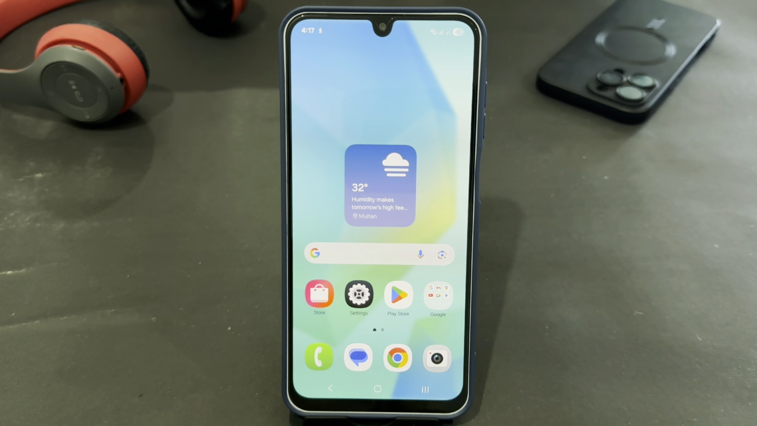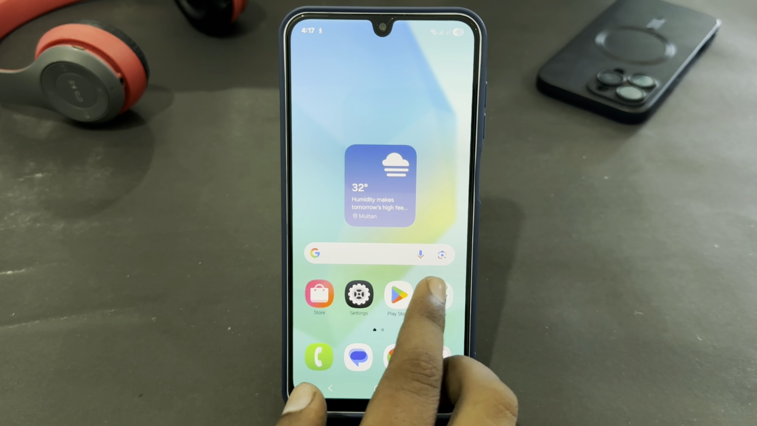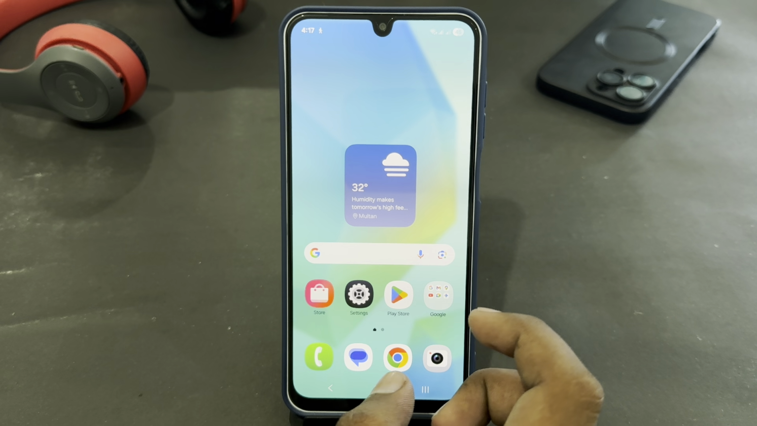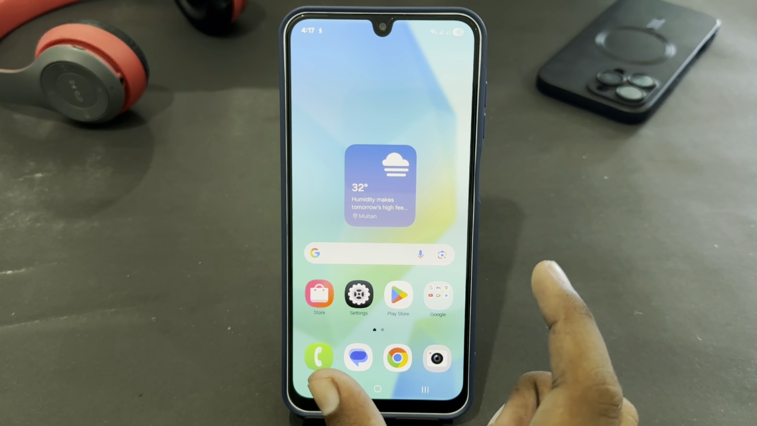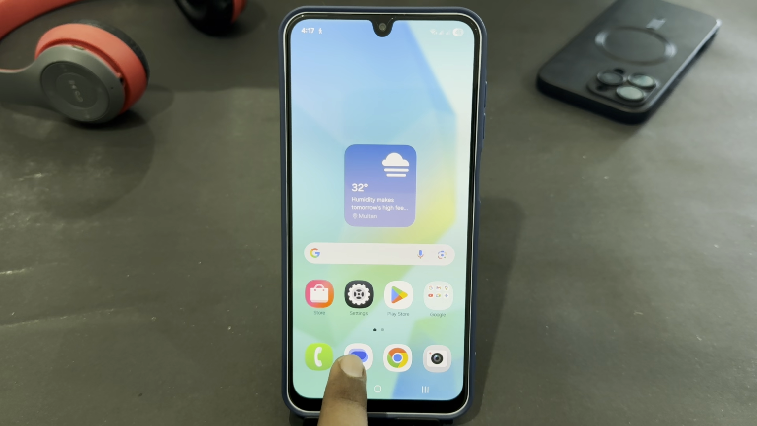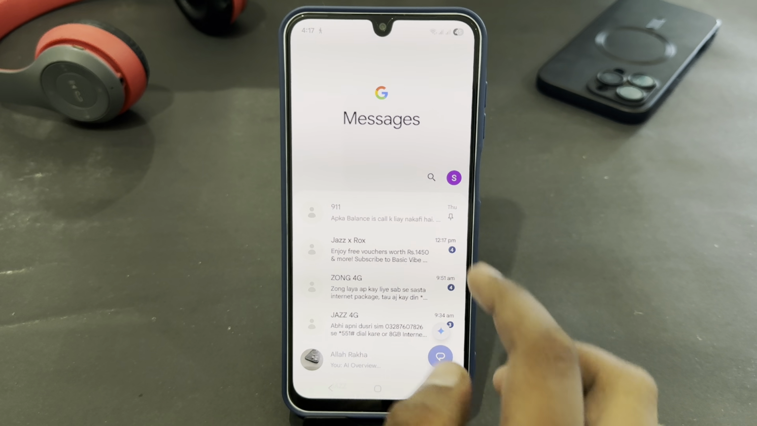Hey guys, today I'm going to tell you how to search in messages and conversation in any Samsung device. If you're using any Samsung device and now you want to search for messages or any conversations, let's see how can you do that. You just have to open your messages app, and here you'll get the search icon